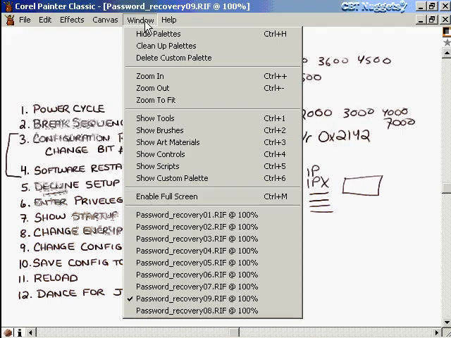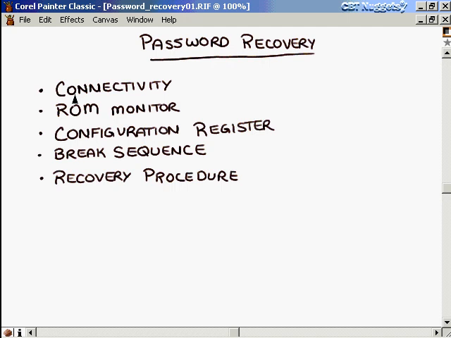All right, in this nugget, we started off by looking at connectivity. We looked at the devices involved, the cabling involved, and the software packages and the terminal emulation packages that we're going to use. We also talked about ROM monitor mode, the fact that it's a low-level command mode that's used to resolve problems. And it's only used if we can't find the IOS as far as accidental use, but you can get there purposely by adjusting the configuration register to 2142. We also studied the break sequence, had an understanding that a break sequence is different for each terminal emulation package, and there has to be some research there to understand which one we need to use with our package. And we ended up by looking at the recovery procedure, a very successful procedure, if I might say so myself,